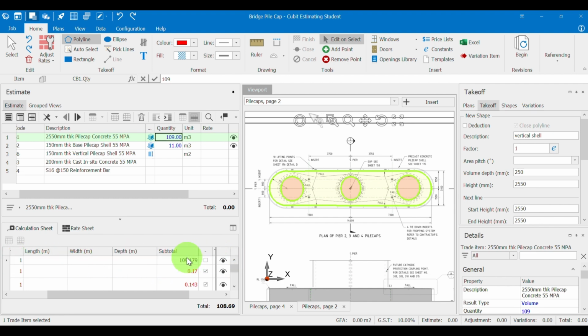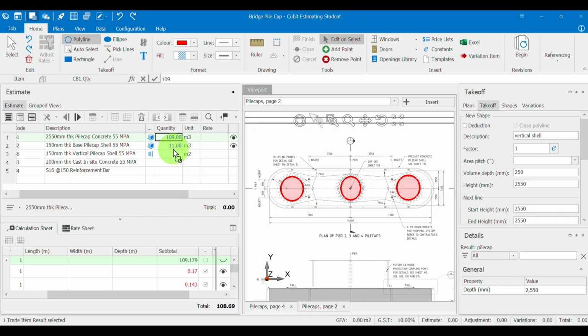This step pane, the first one we haven't made deduction in, direct and drop here. Okay, we can see the quantity for the vertical pile cap,